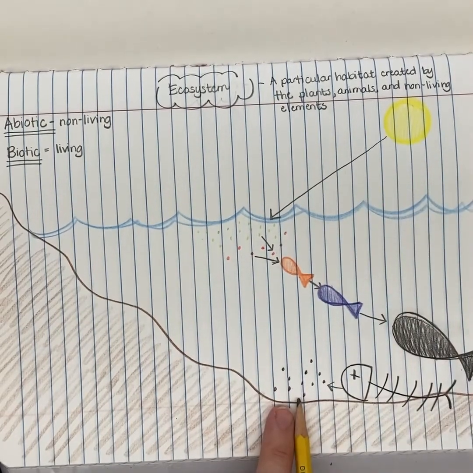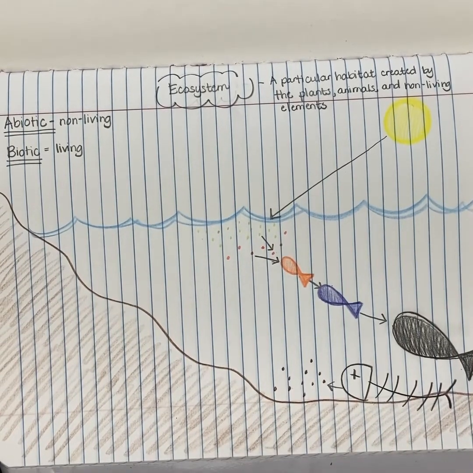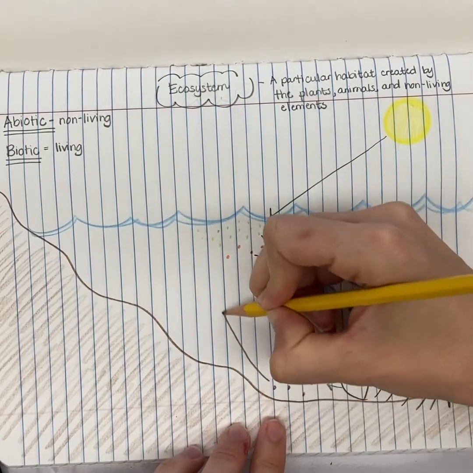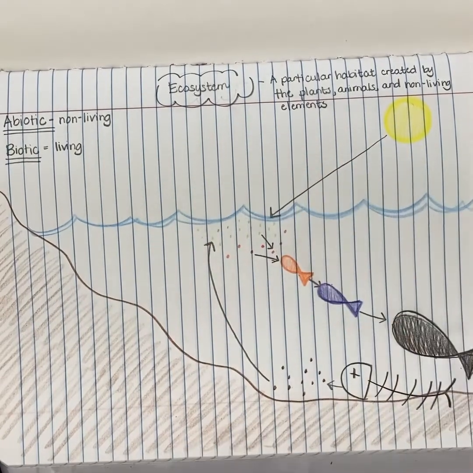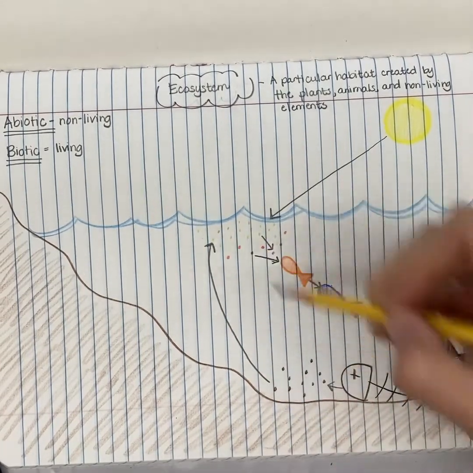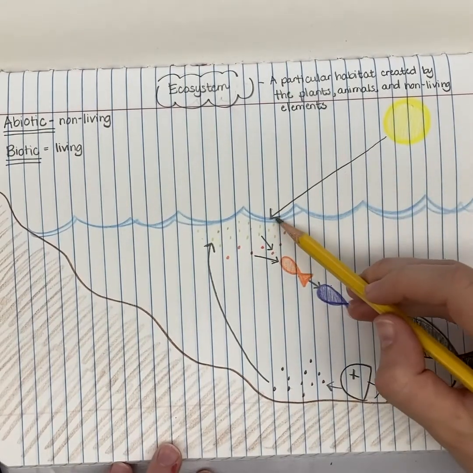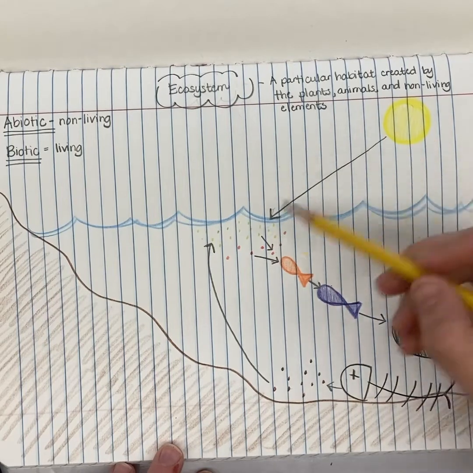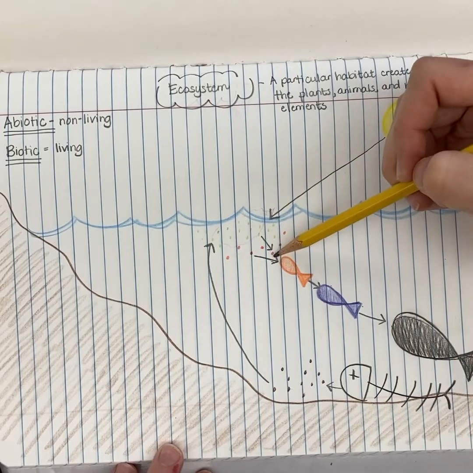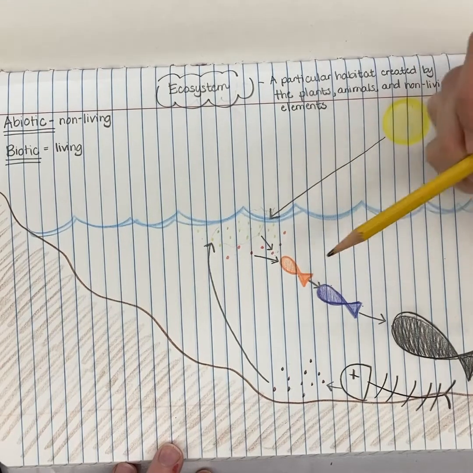And these organisms, as they feed on this dead fish, are going to release some of the nutrients into the water, and the nutrients in that water are going to be absorbed by our phytoplankton. And the phytoplankton are going to use the nutrients from the water that these decomposers let off into the water. They're going to use the energy from the sunlight, the heat from the sunlight, right, to create their own food, just like we saw in the food factory. And then they are going to feed our